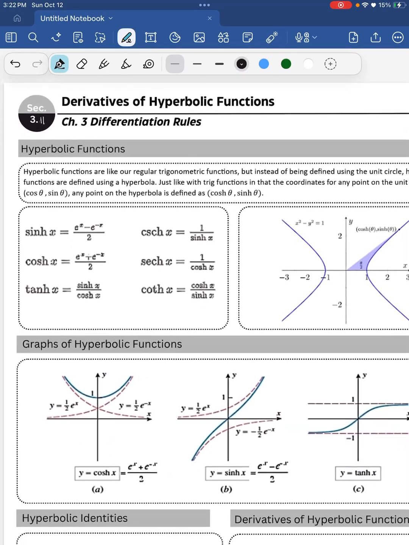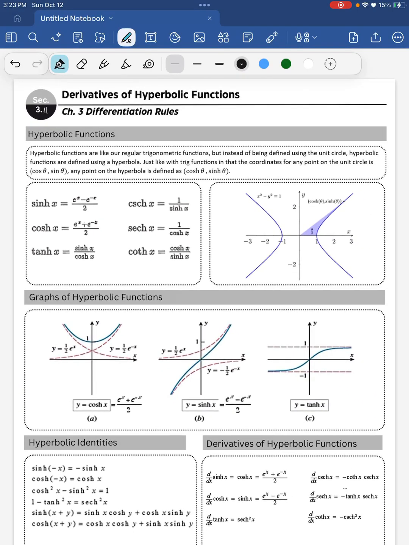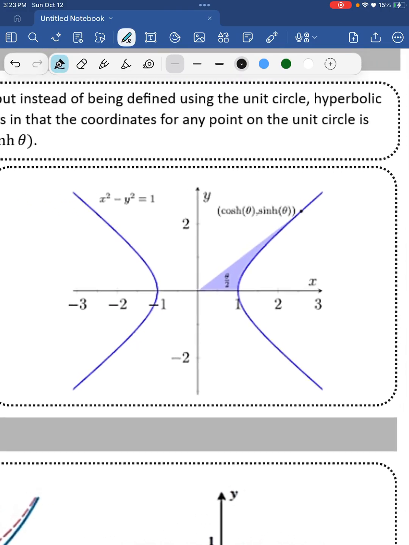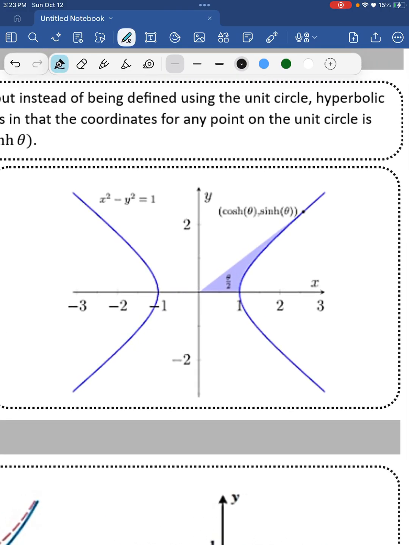But what are hyperbolic functions? So hyperbolic functions are just like trig functions, except that they're not on the unit circle. They're defined using hyperbolas. So if you take a look at this picture, our hyperbolic functions are going to be defined by looking at any point on the two parabolas we have. So this one or this one, which very much like trig functions, any point that we have here on our